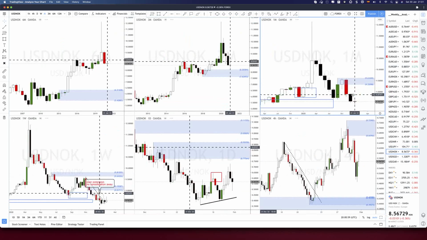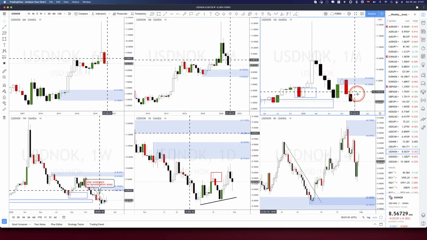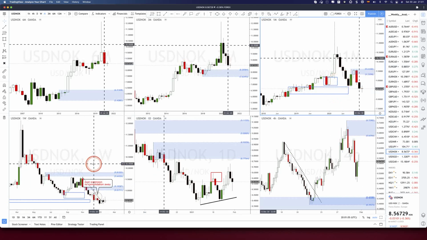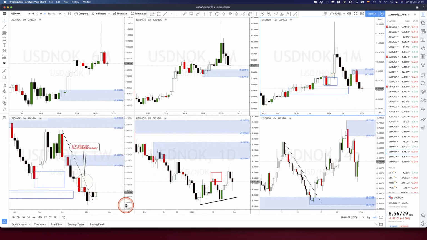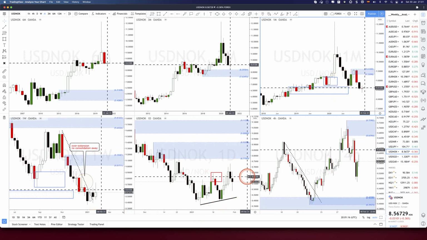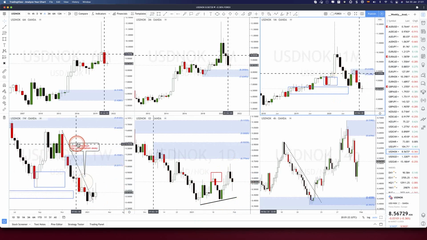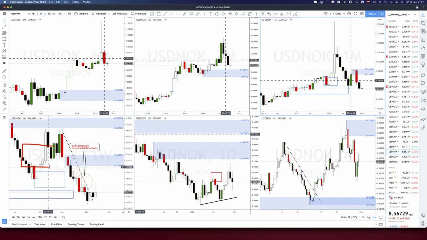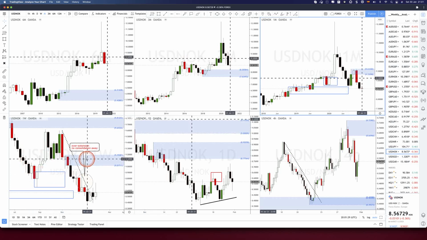On Norwegian krone versus the dollar, the monthly is in a downtrend after eliminating two areas of demand, but the weekly is overextended. Balance, bullish impulses, not able to create two ERCs and all that. It's a very tricky scenario right now, waiting and waiting, because the NOK, Norwegian krone, is getting stronger, and the dollar is getting also stronger, so there is no correlation.